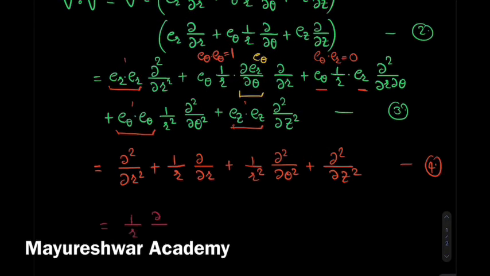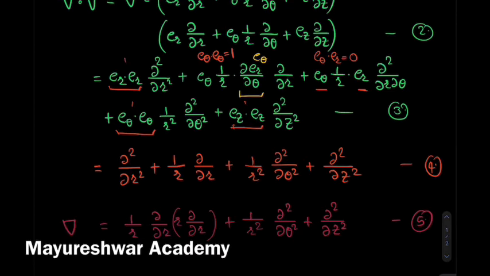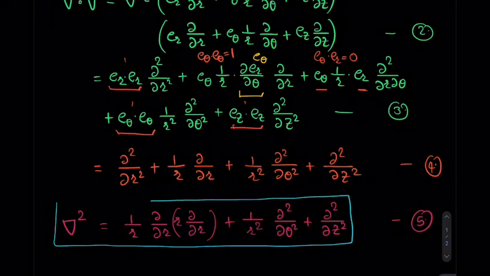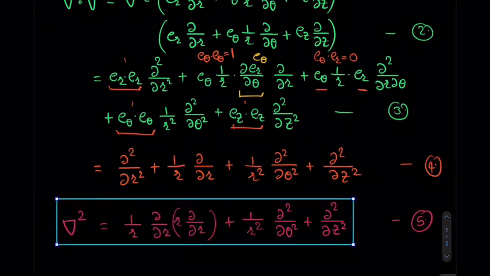Okay, so in short, these first two terms can be concisely written like this, plus 1 over R squared and the rest of the terms as they are. So this is the definition of the Laplacian operator in cylindrical coordinate systems. Now let us operate this on the velocity vector along cylindrical coordinates.